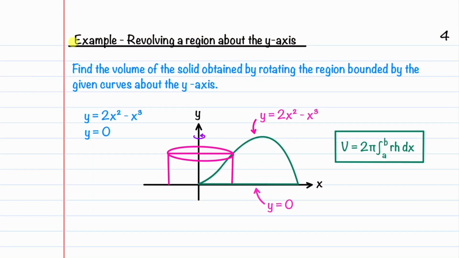We're going to walk through an example where we find the volume of a solid of revolution that's obtained by rotating the region bounded by the given curves about the y-axis. In this problem, we are going to be using cylindrical shells. The curve that we're given is y is equal to 2x squared minus x cubed, and y is equal to